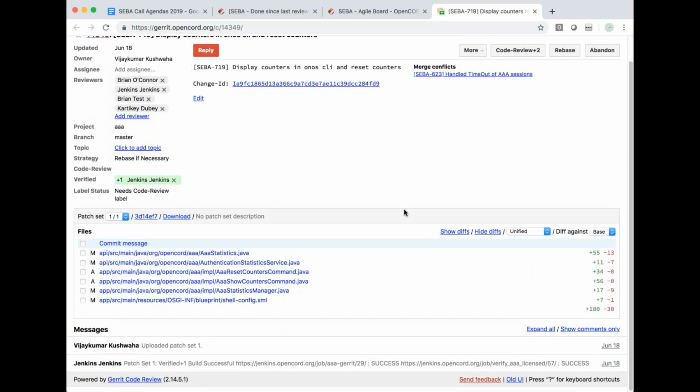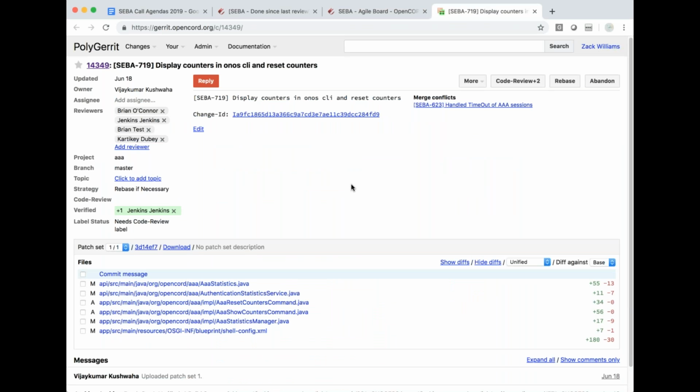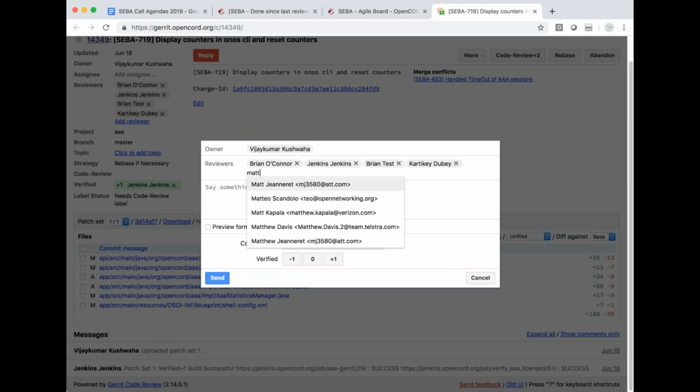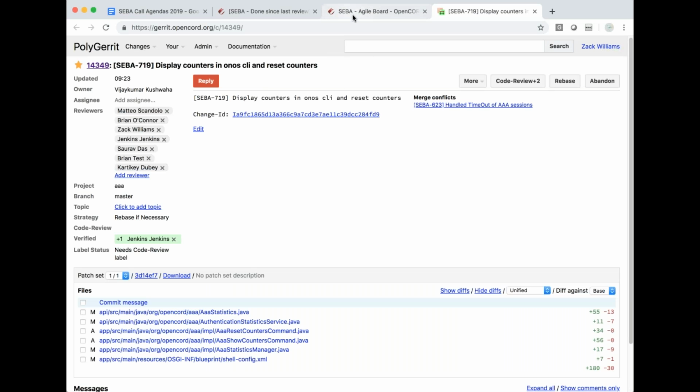We just want to have a CLI to show the same information in ONOS, and we also need a command to reset the counters. Okay, it looks like there's a patch set that was uploaded on the 18th, and no one has reviewed it yet. Is there someone who could take a look at this? Yeah, you can add me to that patch. And maybe Saurav too. Okay. Alrighty.